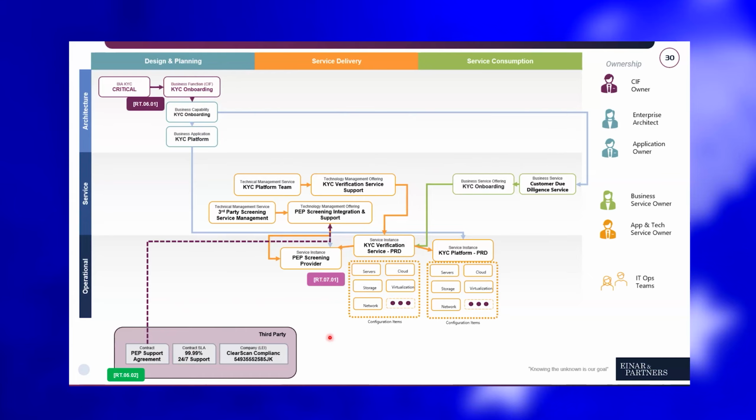And as already mentioned as well by Alexander, ownership is super important. So also to make sure that data stays accurate, that we know who to contact when something goes wrong, it is very important to have these owners defined. So that's where we can set certain attributes. We can make sure that for each of our critical functions, we have an owner assigned that is responsible for the end-to-end mapping. We understand who the architects are that are involved, that can help us to do the proper modeling as well, that we know the different application service owners and the different teams that deliver the support.